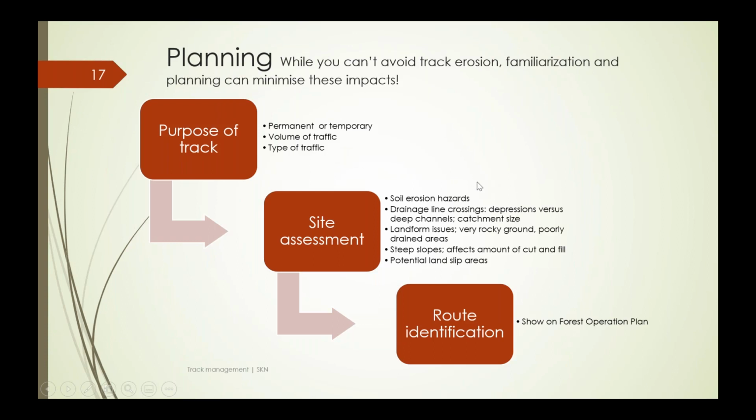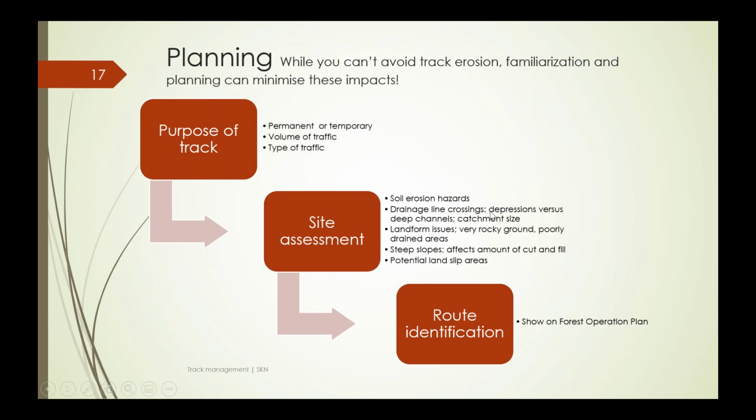The next step is to carry out a more detailed site assessment. This can be done in the first instance using maps and air photos, but it also needs you to get out and have a good close look at where a road's going to be built. Or in fact, even just for snig tracks, you need to be familiar with the site before you actually drop the blade. The sort of things that you need to look at are signs of where you might have erodible soils, so soil erosion hazards,